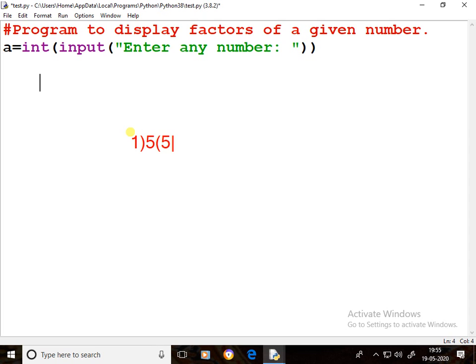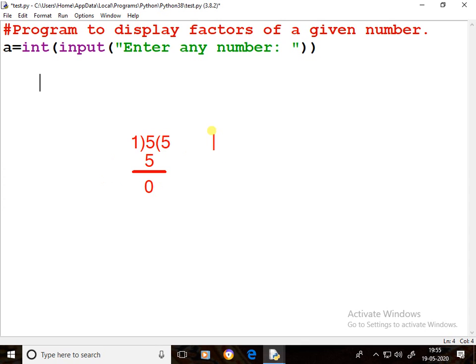1 5 ja 5. Remainder 0. So the remainder is 0, now 1 is a factor of 5.